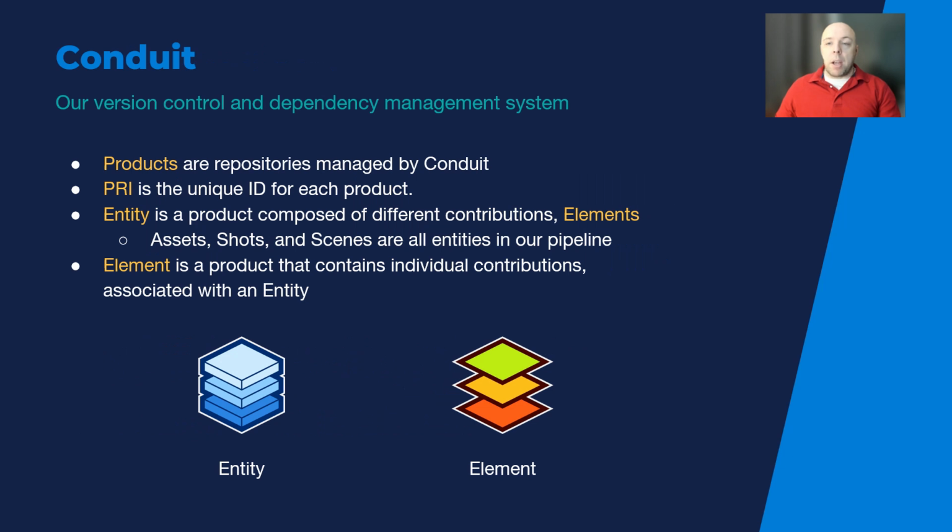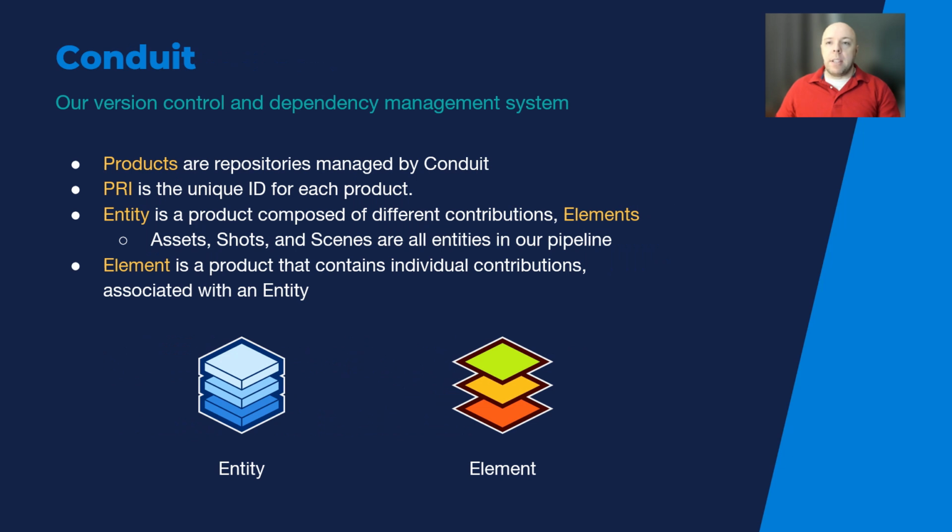To better understand our block-based workflows and how they worked, it's useful to have a good understanding of some concepts from Conduit. So in Conduit, the atomic blocks that artists work with are products. And a product is a repository of data and files, not unlike a Git repository for code versioning. These products are identified by a PRI, and that PRI is a unique ID, and it stands for Pipeline Resource Identifier. We use PRIs and refer to them in the same way one might refer to directory structures in a